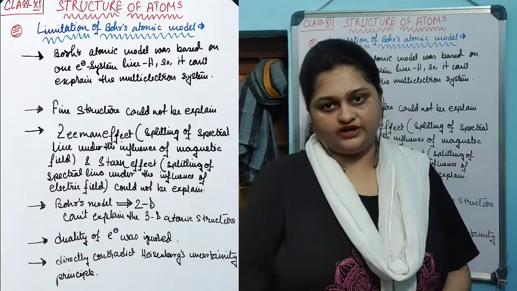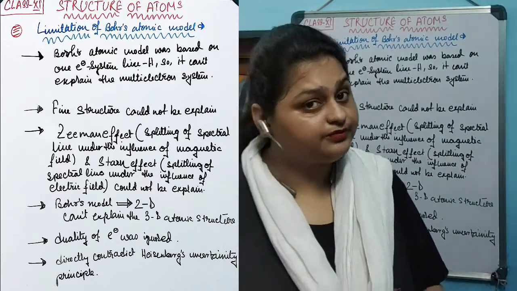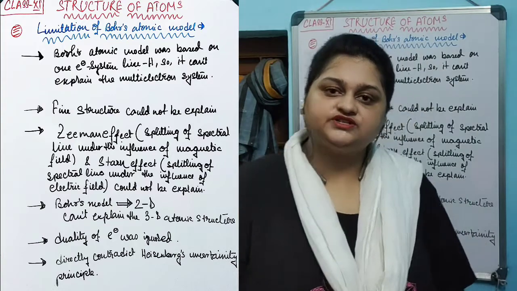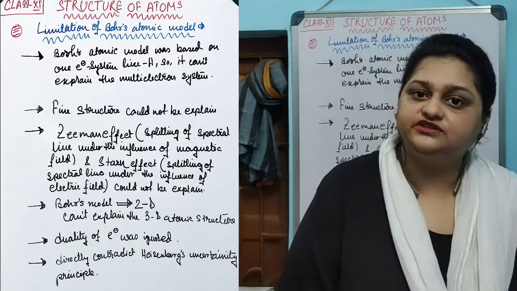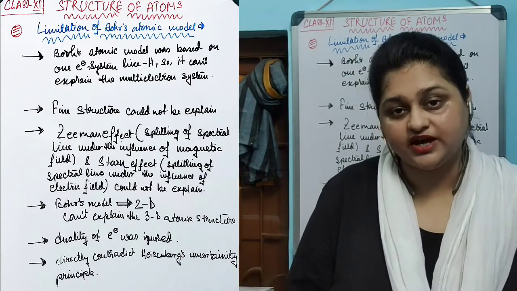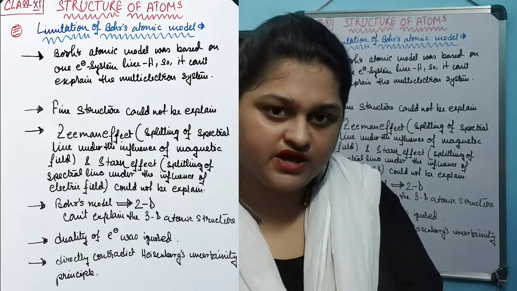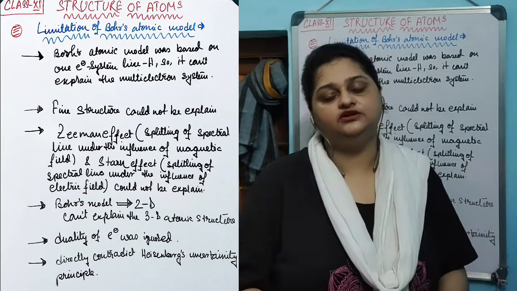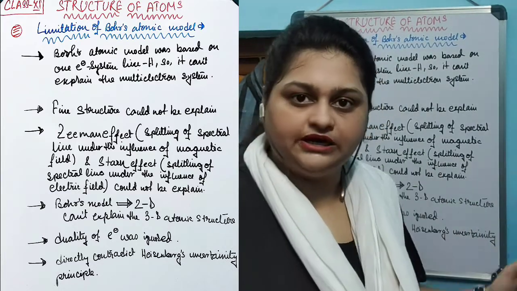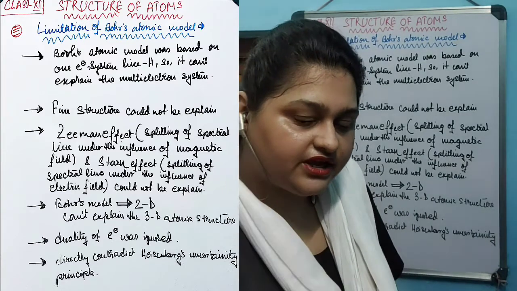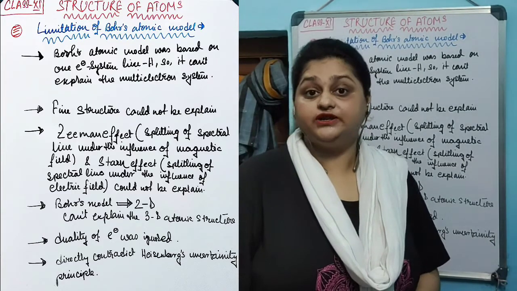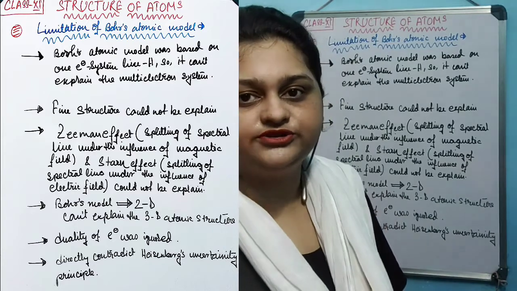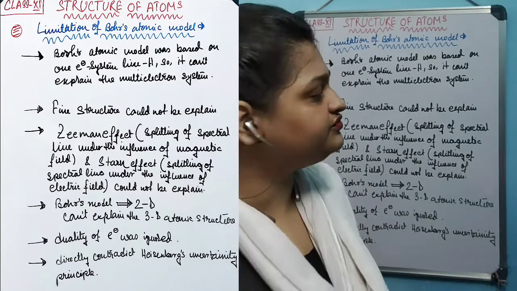Bohr's atomic model explains the stability of the atom very precisely and also explains the emission spectra of hydrogen, and we discussed both of them in our last classes. I would suggest you check that video before coming to this one. But there are still some phenomena that Bohr's model can't explain. Some of them are: